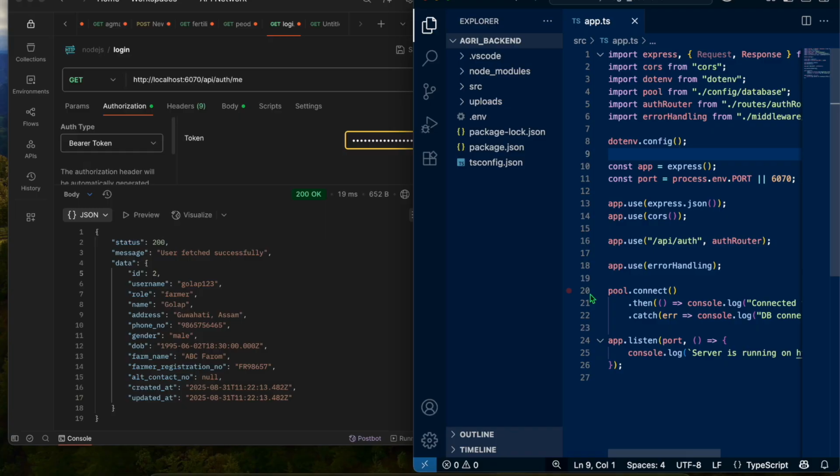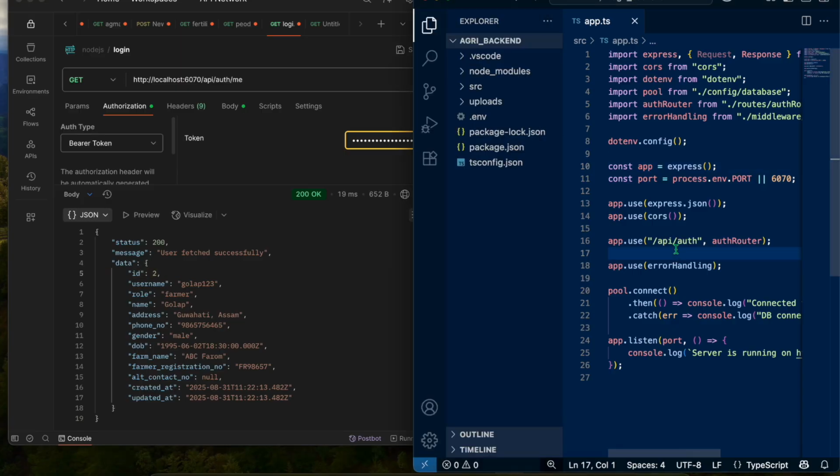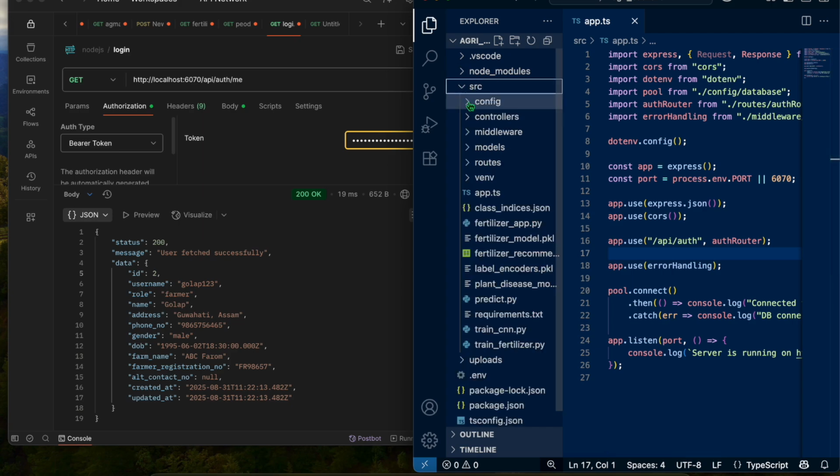In the last video, we already created our login and registration API, and we successfully tested it. If you have not watched it, just go to the video description and check the link. From that video you will learn how we created the login and registration API and tested it in Postman. Now in this video we are going to see how we created our disease detection and AI